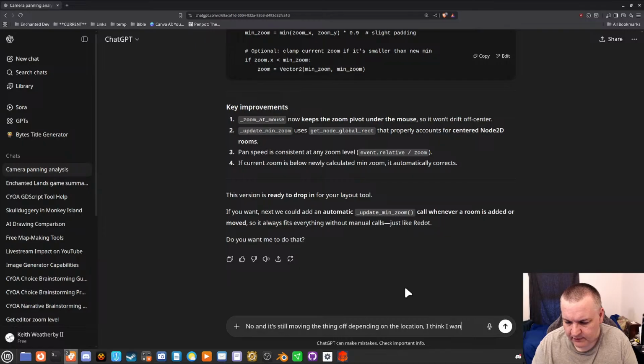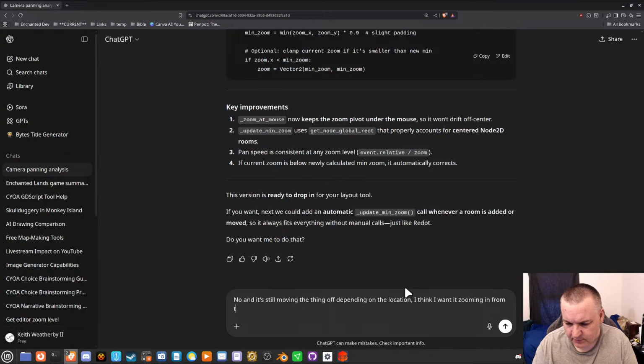I think I want it zooming in from the center of the viewport.